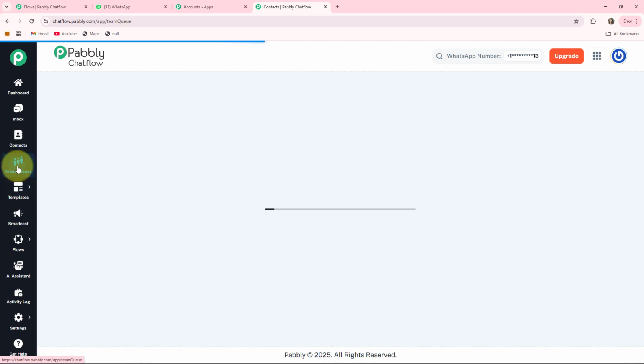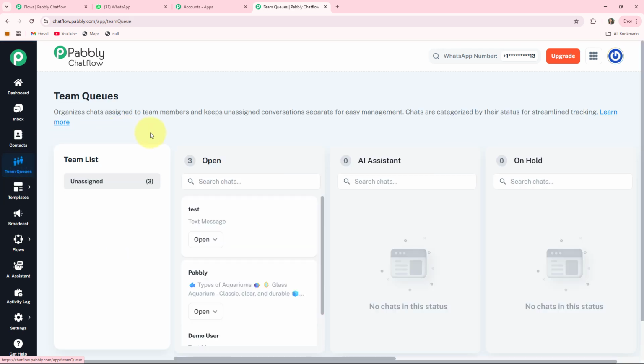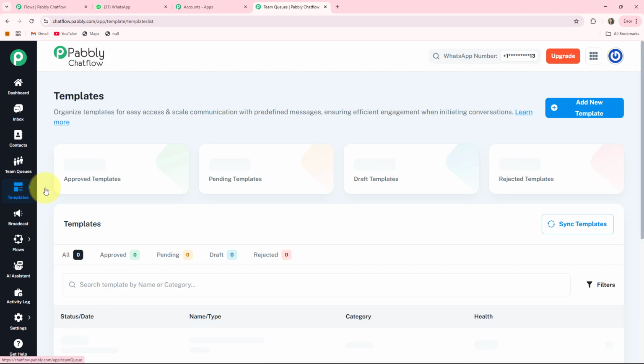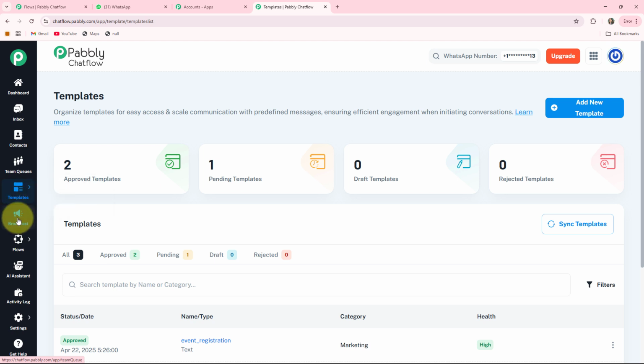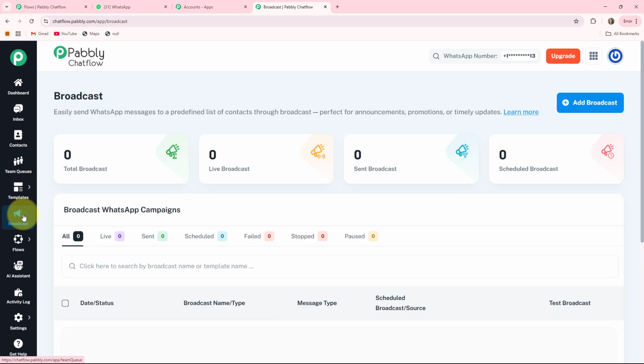The fourth one is the team queue, in which you can assign incoming chats to different team members automatically. It will also help you to have a customer support team. The fifth one is the template. It is just like a pre-approved WhatsApp template. These are required for initiating a conversation if the customer has not messaged you first. The sixth one is the broadcast. It is used for sending bulk messages to many users at once, and it is also used for promotion, announcements